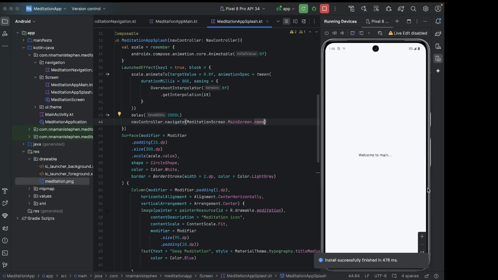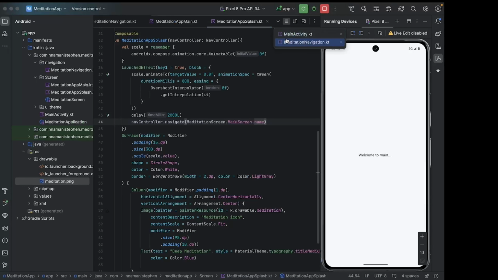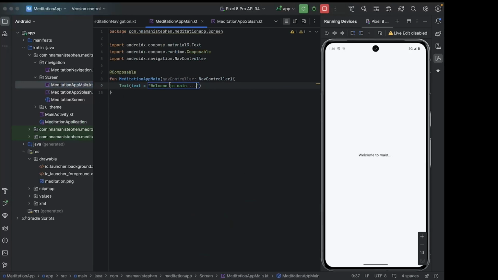Yeah, you see that delay. So it says welcome to main. So we are now in the main screen. Let's go to that main, yeah. So it says welcome to main. So it takes us to this screen. So this is simply how you can set up your app using clean architecture and Hilt to actually achieve navigation seamlessly